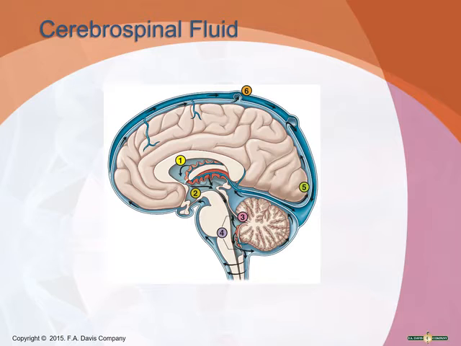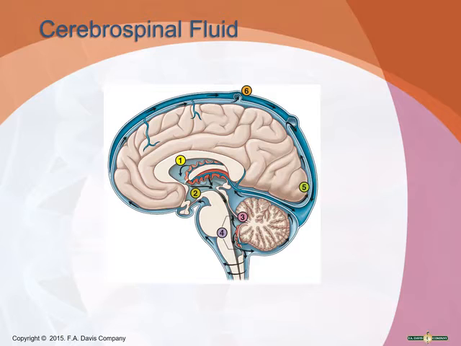CSF production happens in a series of steps. The choroid plexus in each lateral ventricle secretes this cerebrospinal fluid. That fluid flows into the 3rd ventricle, where the choroid plexus in that ventricle adds even more. And then it all flows into the 4th ventricle, where even more CSF is added by the choroid plexus located